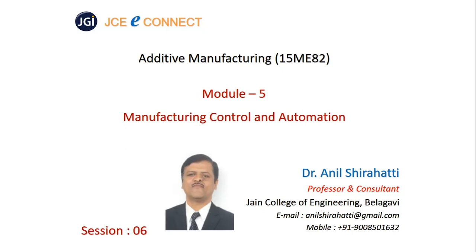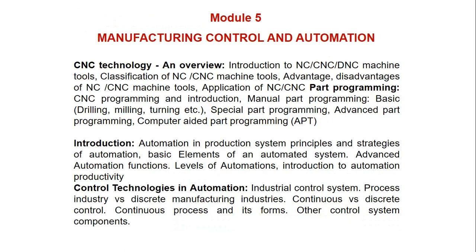We will start today the session 6 of Module 5, Manufacturing Control and Automation. Till now we have seen the basics of CNC machine and basic programs of CNC machine. Also we saw G code, M code, and in the last class we saw drilling, a simple CNC part program, and a side milling program. In today's class we will be studying the importance of circular interpolation using I, J and K commands. So let's start the class.